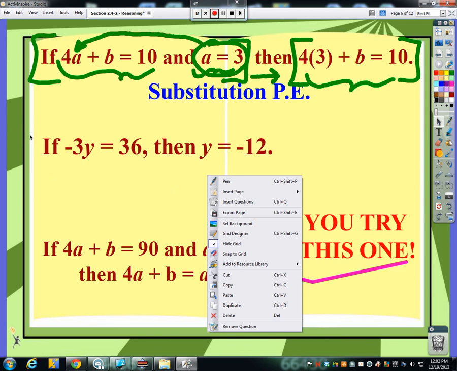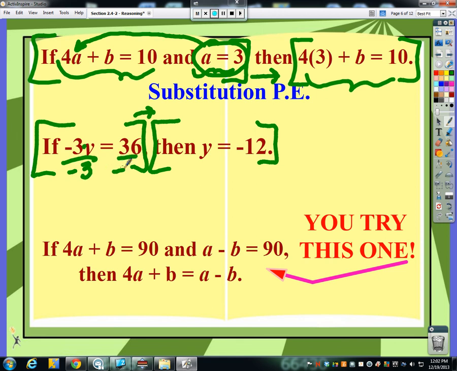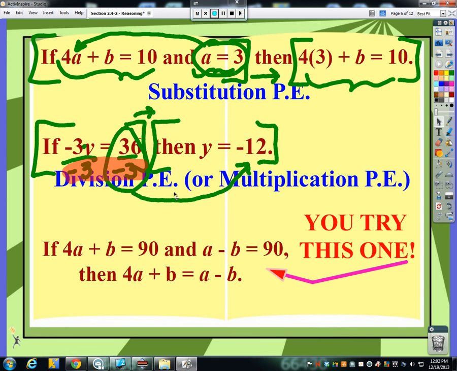All right, the fifth one. If negative 3y equals 36, then y equals negative 12. So again, what's happening between the if and the then here? Well, let's see. I noticed that this had a negative 3, and now it's gone here. So how would I get rid of this negative 3 that's being multiplied with the y? Well, we would need to divide it over to the other side. So is 36 divided by negative 3 this negative 12 over here? It is. So the process of dividing both sides by negative 3 is nothing more than the division property of